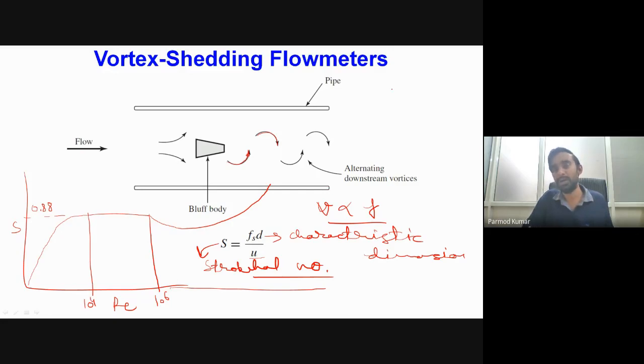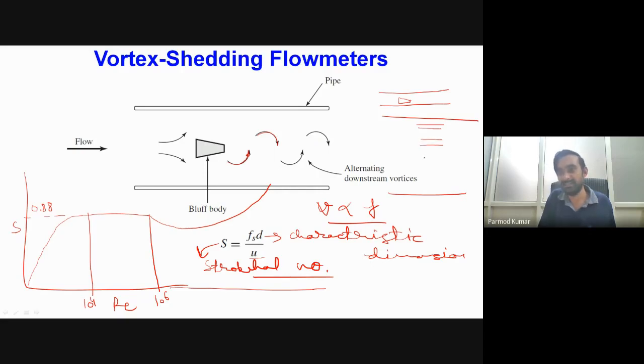Okay, so what we can do, we can take a smaller diameter tube, and inside that smaller diameter tube, we can place a very small mechanical bluff body, which will be actually producing the alternate vortex streams. So because of that, if we consider that we are having a large pipeline, and across this large pipeline, if we place a small number of tubes at different locations in the radial direction, we will be getting nothing but the localized velocity at that particular radial location. So based on the values of the localized velocities, we can plot or obtain the velocity profile.